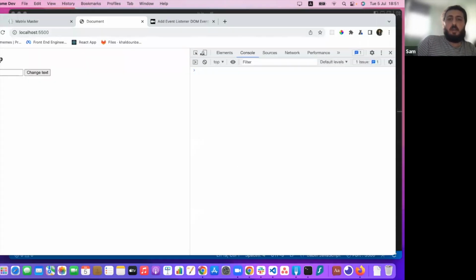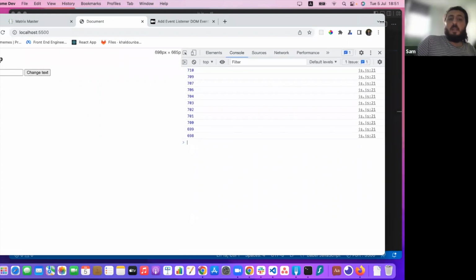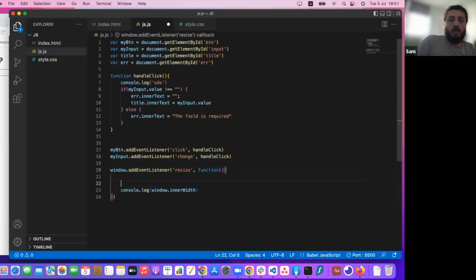Yeah, each time I resize the window. Let's hope nothing there, but I'm starting to resize. You can see this is the new resize. So what I would do here quickly, if